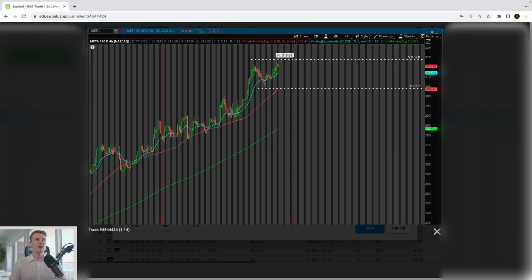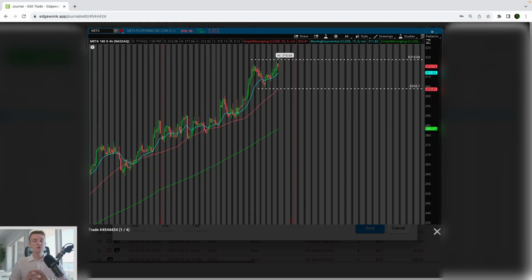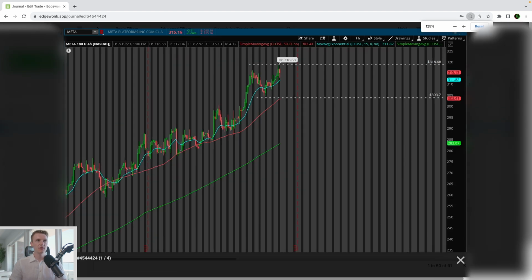All right, so I've gone ahead and I've pulled up my trading journal. Now, I'm going to show you a couple of the trades that I've taken this year. All of these posted inside my mentorship group, specifically the overbought, overextended setup. Okay, so ticker symbol META. You could see right here, if we punch in a bit,